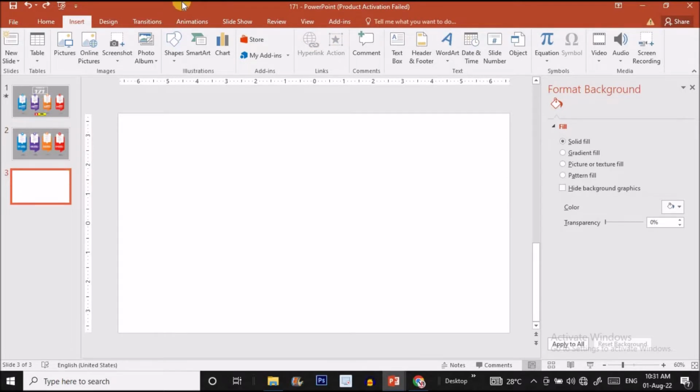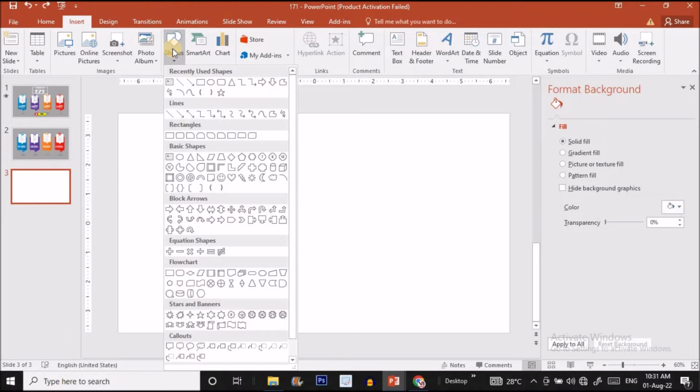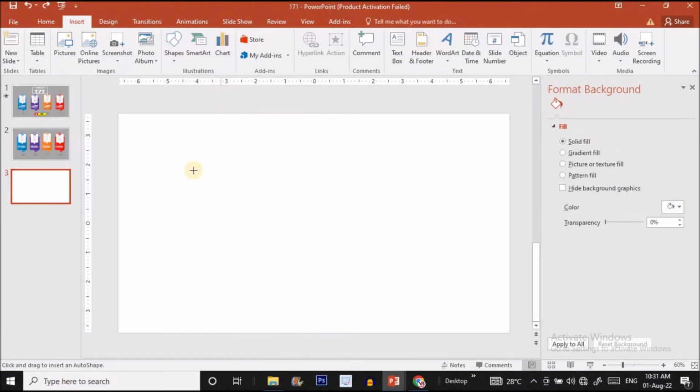Come back on the new slide and click on insert option. Here you will find the shape option. Just click on that and choose rounded rectangle options from here and drag this like this. Okay,